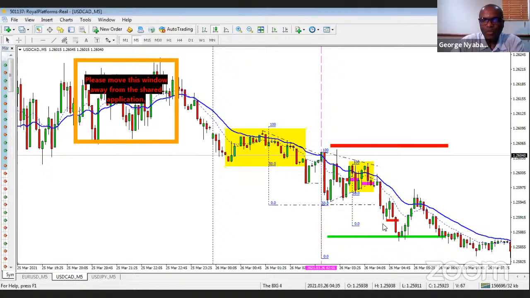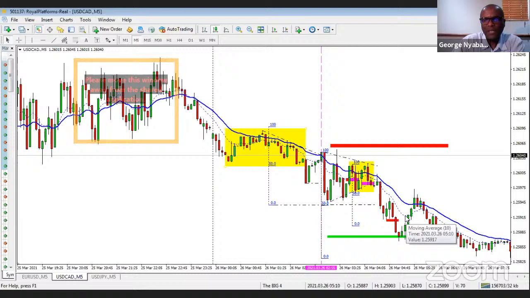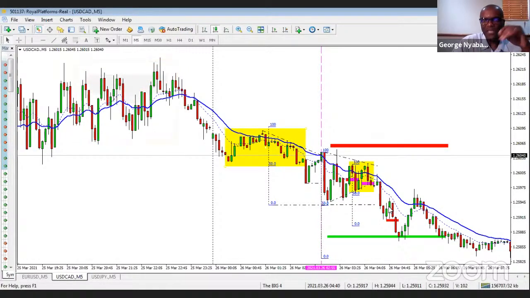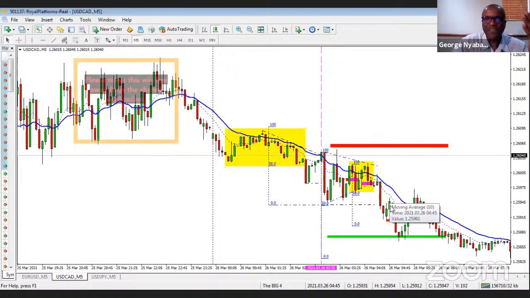We then had the bulls try to create a market bottom here, an attempt to reverse the trend, but they came off the 10 moving average. Now, every time I see the market coming off the 10 moving average, it's another result. So the bulls went to the moving average, tested the 10 moving average, and failed to break above it.